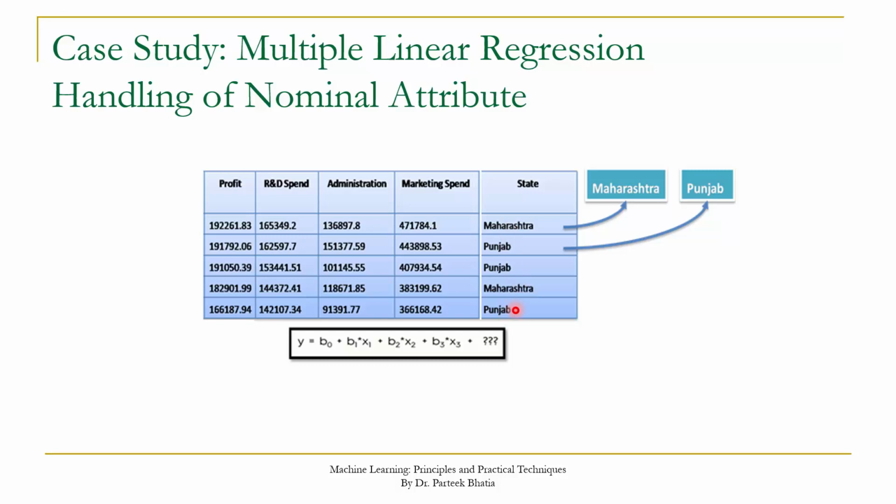Here we have two values of states, one is Maharashtra and another is Punjab. So it is very logical that we can assign 0 to Maharashtra and 1 to Punjab. In this way we can assign the code 0, 1 to n for all distinct values of the state. Now let us suppose if we have 5 values of state, then the code will be 0, 1, 2, 3 and 4. This strategy of assigning a code to unique value of state has one problem.